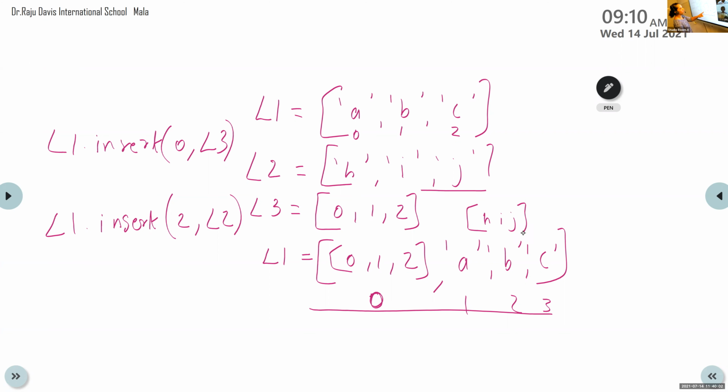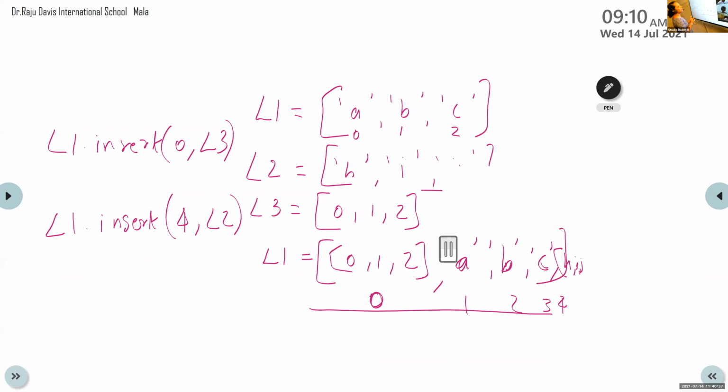Okay, that is the problem. Then, how will we write it, Ashwin? Correct the statement. We want to display Hij here. Write 4 instead of 2. Yes, it is 4. 4 comma L2. Okay, so the fourth position, that is A, B, C is there. C is in the third position. So we have to insert L2 in the fourth position.